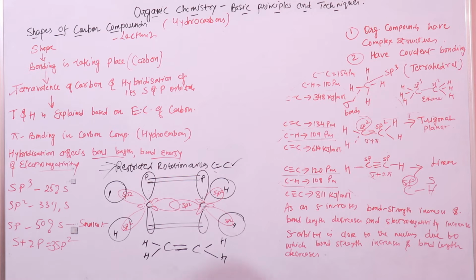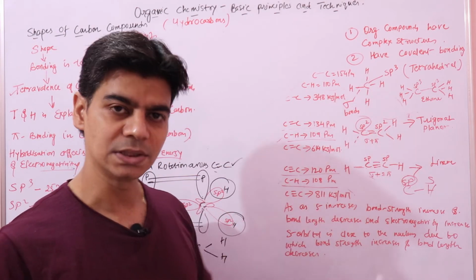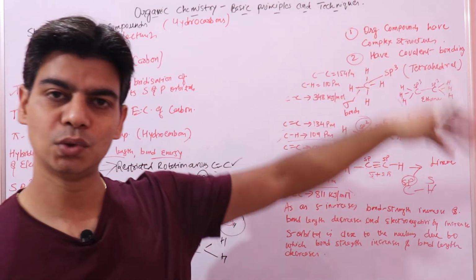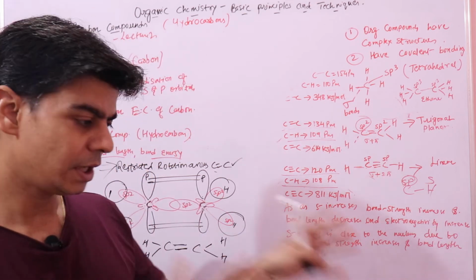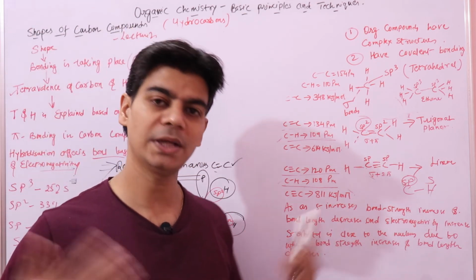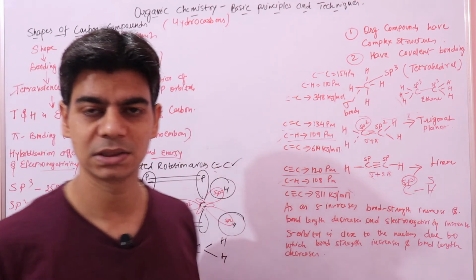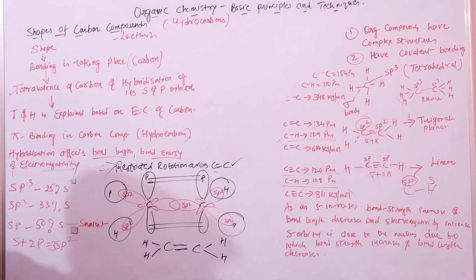Now, in the previous video lecture we studied that as the hybridization changes, different hybridization gives different shapes to organic molecules. Why do we have complex structures of carbon compounds? Because of its different hybridized states, and because of these pi bonds, the compounds are complex. Now let's look into a few examples.